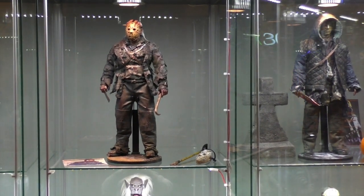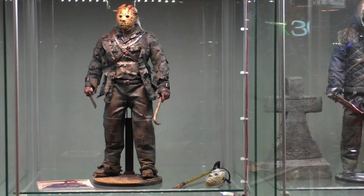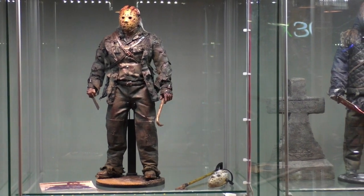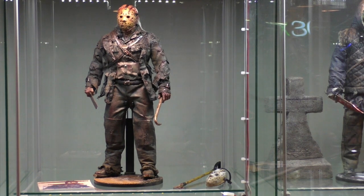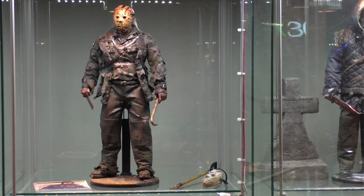All right, guys, so this one's concept Jason. And last thoughts is, damn, I don't know, man. I love this piece just for the simple fact that, you know, I've been collecting horror for 6 years, and I pretty much stick to my guns. And I've been looking for the closest thing to a perfect Jason X or Jason Goes to Hell figure, and I haven't seen it. And when I saw this piece initially, I thought it was phenomenal, but you never really know how good something is until you see it in hand. And now that I've seen this piece in hand, I can definitely tell you guys, rest assured, that this is probably the best overall Jason X or Jason Goes to Hell figure, whatever way you want to describe it,